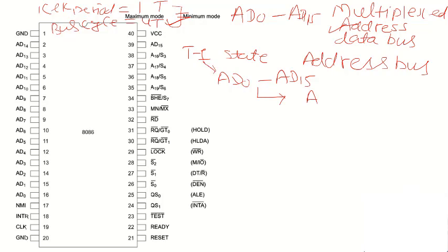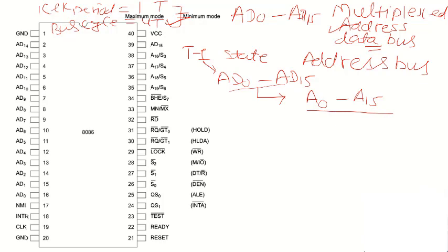In the first T state, this multiplexed address data bus will carry the address from A0 to A15, and later, in the subsequent states, this multiplexed address data bus will carry the data. But initially, in the first T state, AD0 to AD15 will carry the address from A0 to A15,